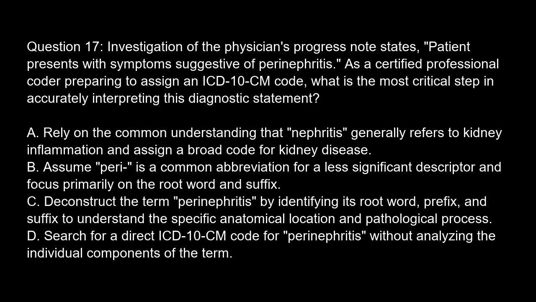As a certified professional coder preparing to assign an ICD-10-CM code, what is the most critical step in accurately interpreting this diagnostic statement? Option A. Rely on the common understanding that nephritis generally refers to kidney inflammation and assign a broad code for kidney disease. Option B. Assume peri is a common abbreviation for a less significant descriptor and focus primarily on the root word